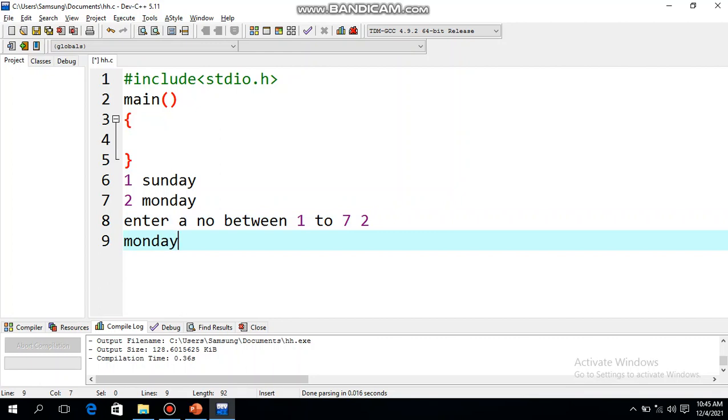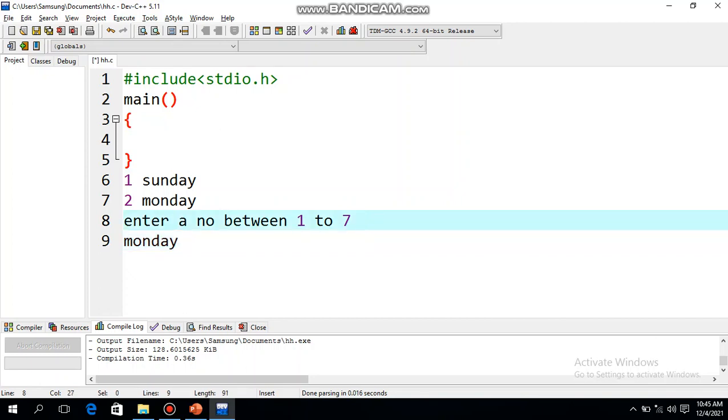So how many variables you need for this program? Now you may be confused that I need to enter 7 numbers. No, because enter a number between 1 to 7. It can be 1 also, 2 also, it can be 7 also, it can be any number. And where you will be storing? You will be storing it in a single position in memory. So we just need one variable, and what will be the data type of that variable? Int. 1 to 7 it is asking, so it is going to be int. So let it be A.